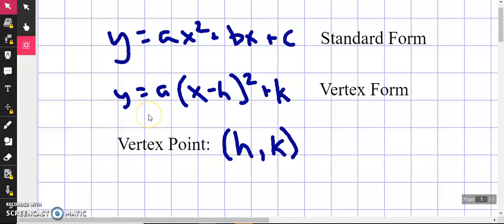And then the vertex form is y equals a(x minus h) squared plus k, where the h and k are going to represent the vertex point of the graph or the parabola, which of course is the point exactly in the middle of our U-shaped graph. Notice the a is in both versions of the quadratic equation. And so that coefficient is going to be the same regardless of which formula we're using for the particular problem